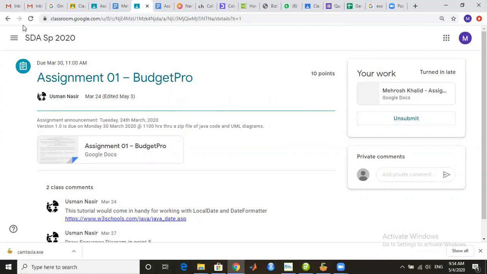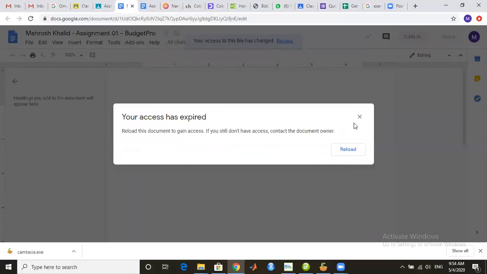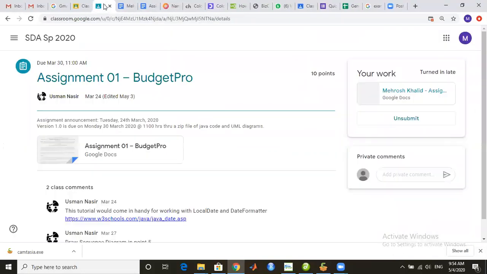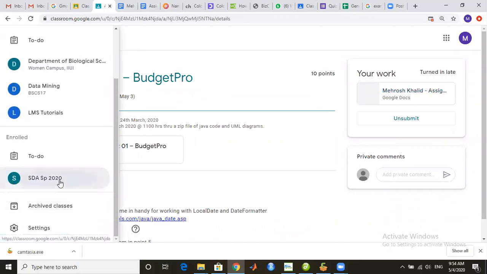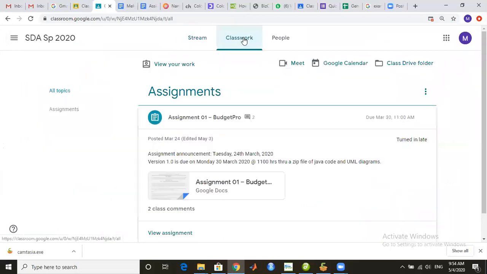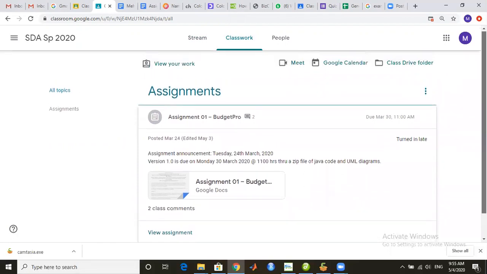Now coming back towards my classroom homepage, now here it has been written that turned in late because I have submitted after the due date.